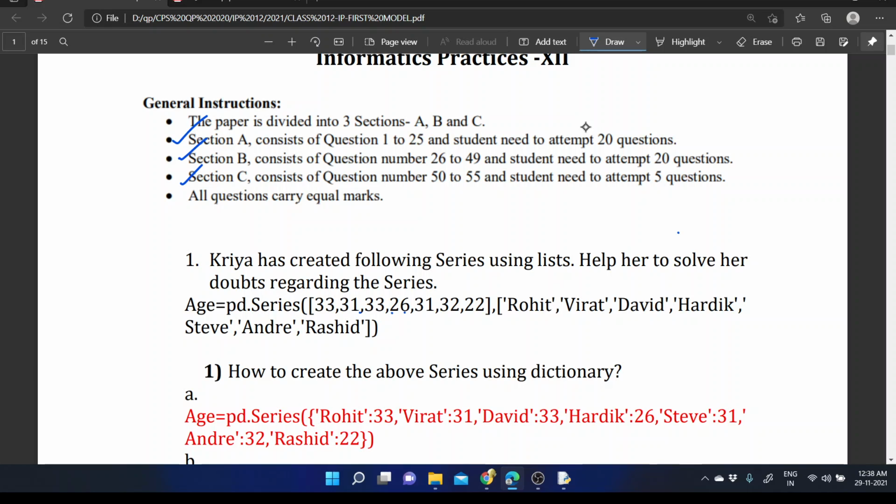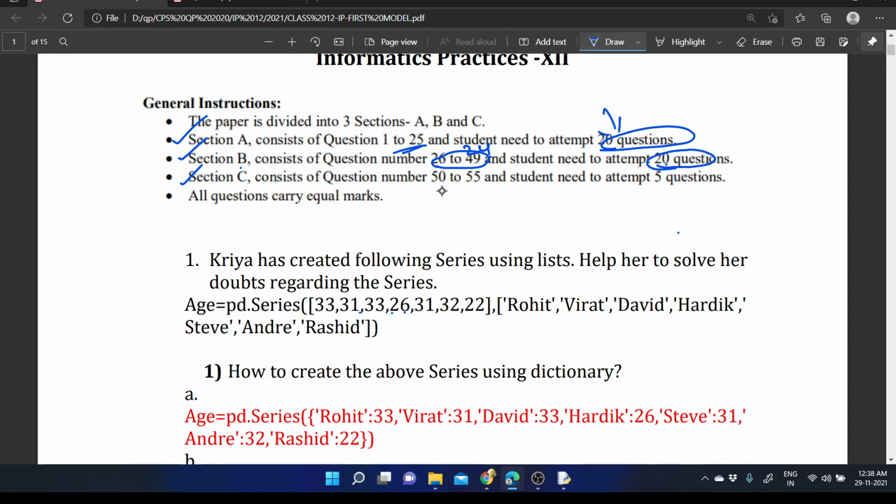From Section A you need to attempt any 20 questions out of 25. From Section B, they will provide 24 questions in total, from question number 26 to 49, and from that you need to attempt 20 questions.